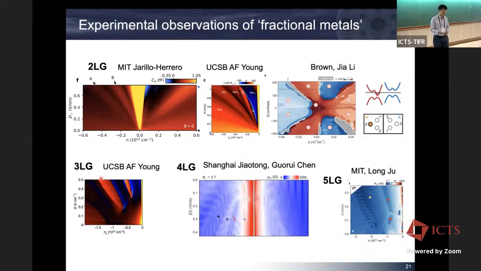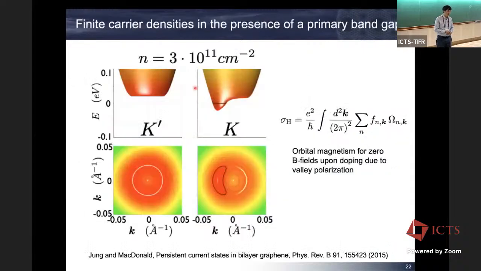And all these systems show quite interesting behaviors on their own. So here I wanted to remind you about one of the physics that were proposed for this kind of system where we have a strong electric field and we carrier dope the system,